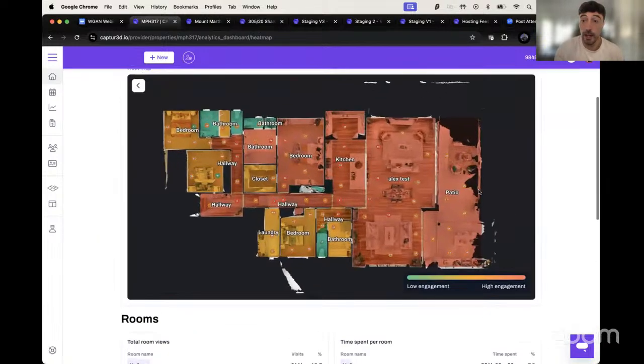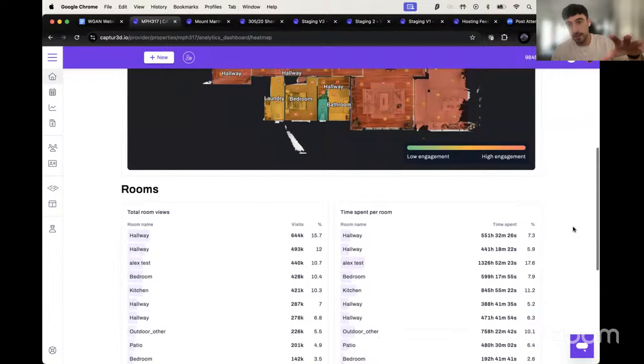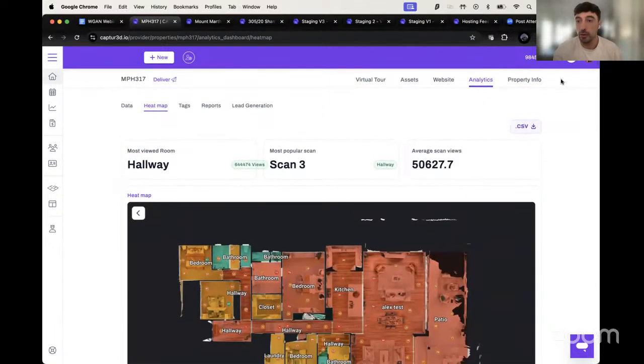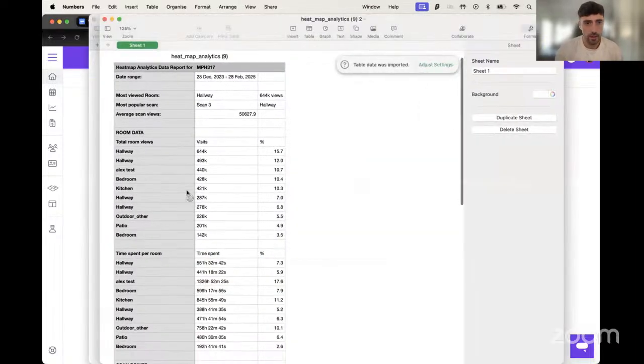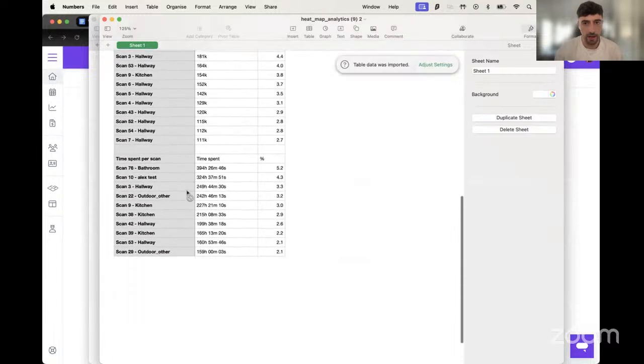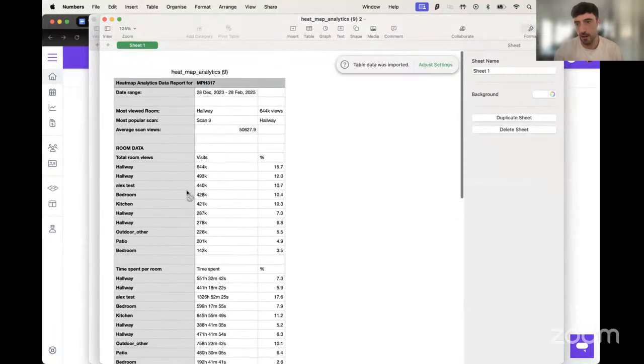So what we've done as well is we've got it in a nice table format here, but we can also download a CSV file of all these analytics here. So that can be viewed in a CSV sheet. I can bring that up now just to give you an example of what that looks like. So you can see here that this is a breakdown of all these top scan points, and then you can use this table to compare against other properties if necessary as well.